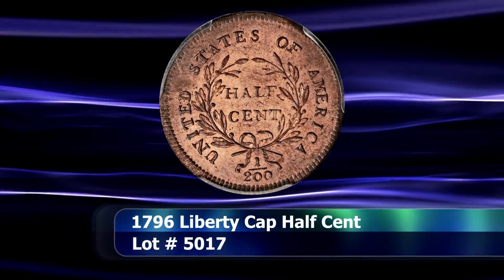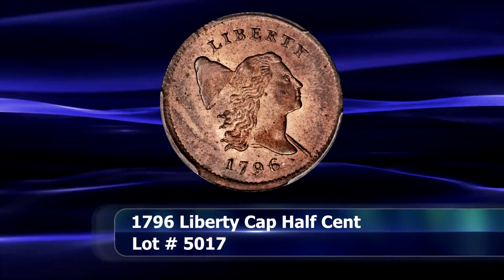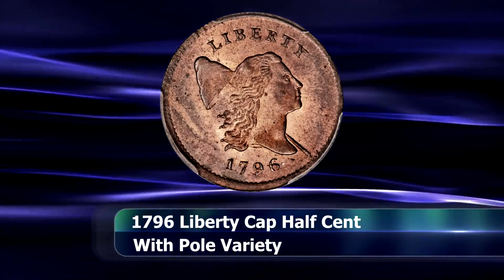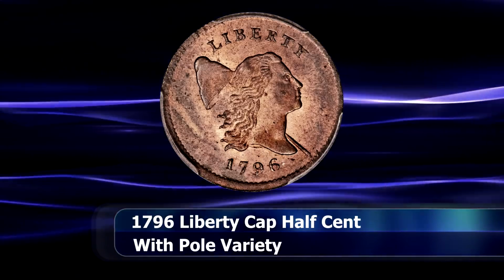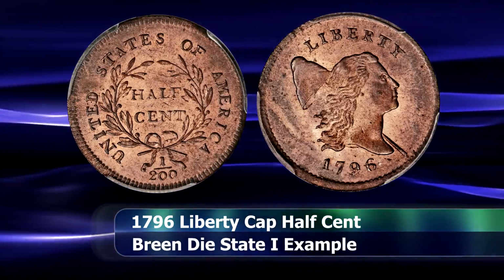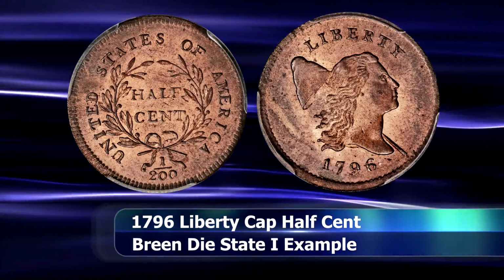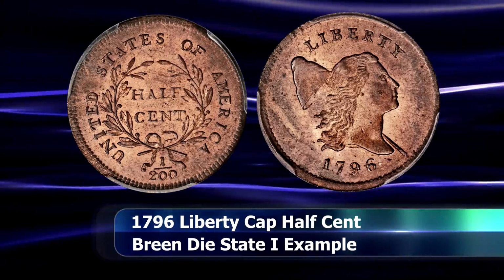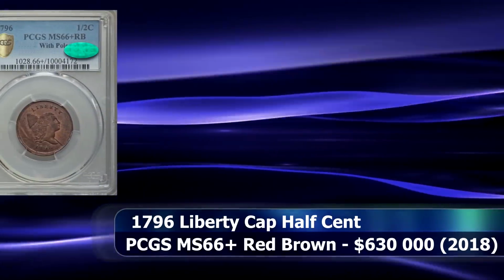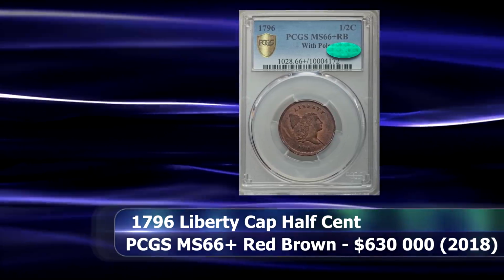Perhaps not as well known as the 1794, but every bit as rare, in fact technically even more so, is the 1796 Liberty Cap half cent. Already a notoriously small mintage of only approximately 1,390 coins, is further compounded by the existence of two major varieties, one with a pole extending beyond Liberty's bust and another which omits this feature altogether. This is an excellent example of the with pole variety, of which there is approximately 75 coins remaining today, at a stellar grade of MS66 plus red brown. It is the finest known of its kind and managed to sell for